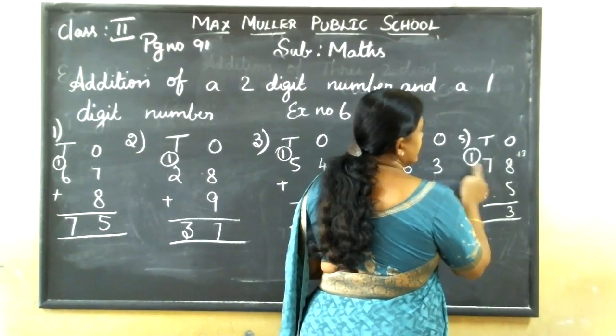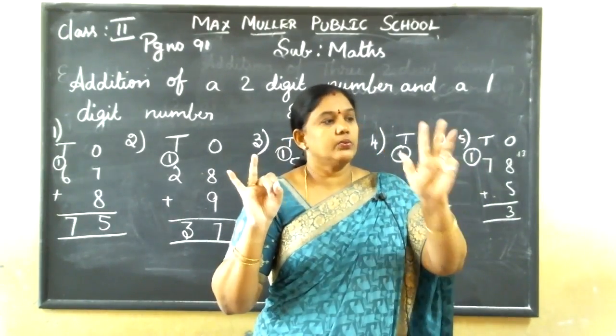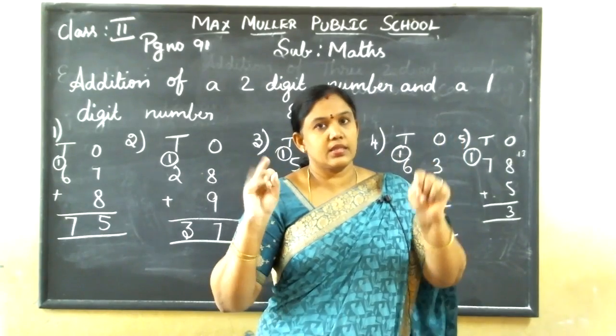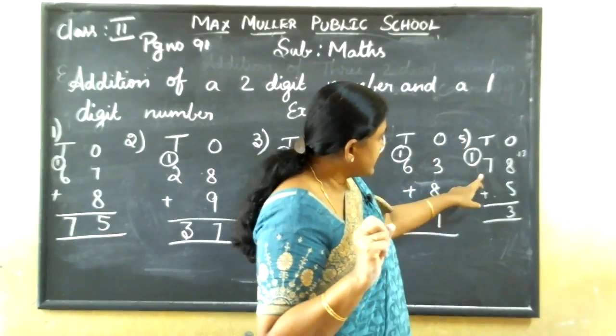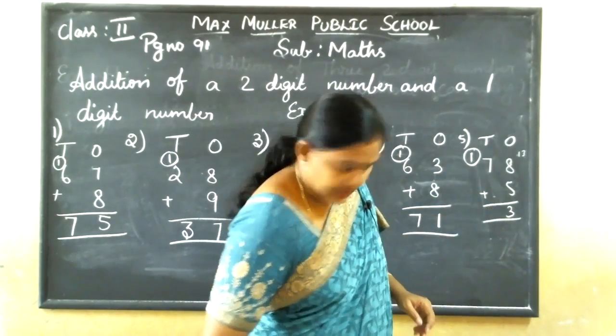Now 1 plus 7. 1 in the mind, 7 in the finger. After 1, 2, 3, 4, 5, 6, 7, 8. See, 8 is there. Here no number. So as it is, you would write 8.